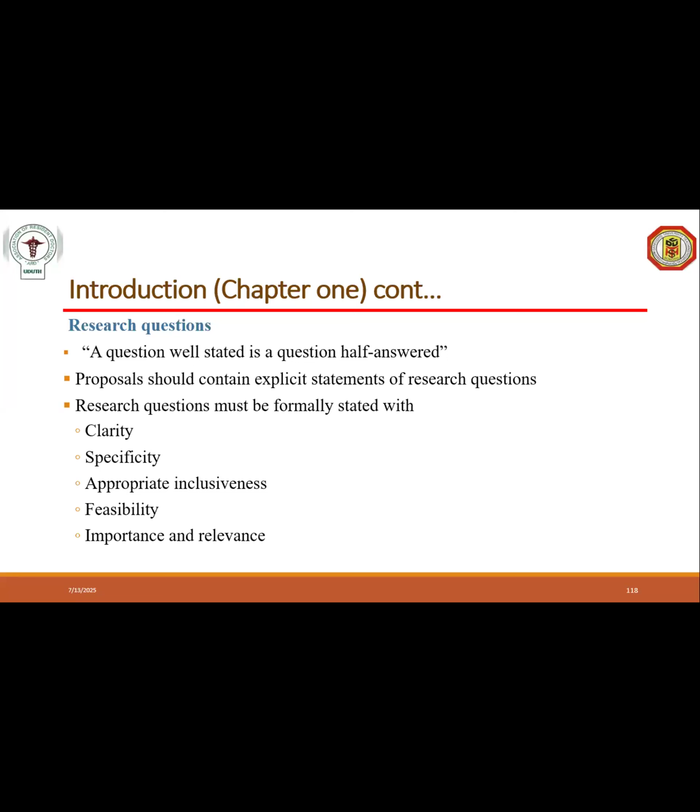If you have 3 objectives, you must have 3 questions. And the objectives, they are the ones that are set in form of questions. You just reset them in form of question. So if you have 3 objectives, you will have 3 research questions. If you have 4 research questions, you must have 4 specific objectives. That is it.